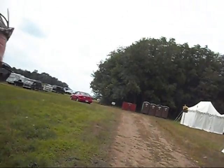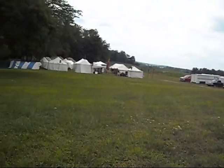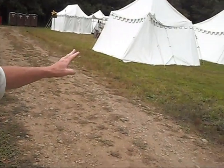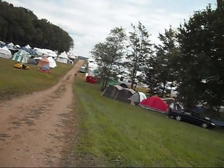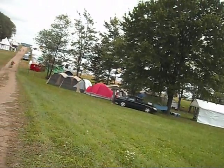And you can see over here is the oversized camping area, and we have a little bit of camping down there. I think I've seen these people before, and then there's another campsite here, and as we turn around you can see all the way back. We're going to have to go all the way back across the B blocks and then back across the battlefield before we can finish our...